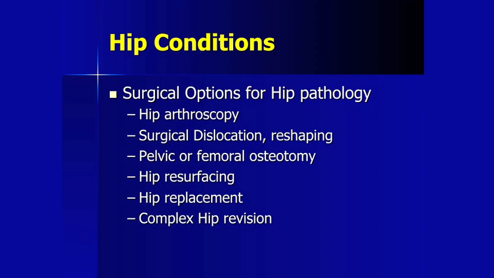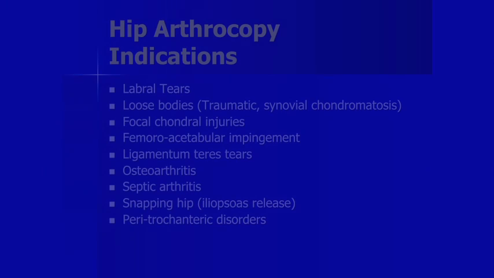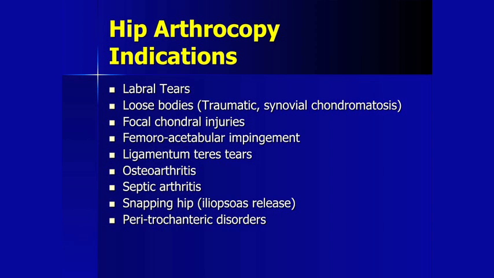Hip resurfacing is a hip replacement where you don't cut the neck, you just recap the femoral head, and I'll give you an example of that. A total hip replacement is the hip replacement you hear about, and we'll go into some more detail on that, and then sometimes people who've had hip replacements that fail may require a hip revision, which in some cases may be more complex. So the indications for hip arthroscopy include labral tears, loose bodies, a focal injury to the cartilage,